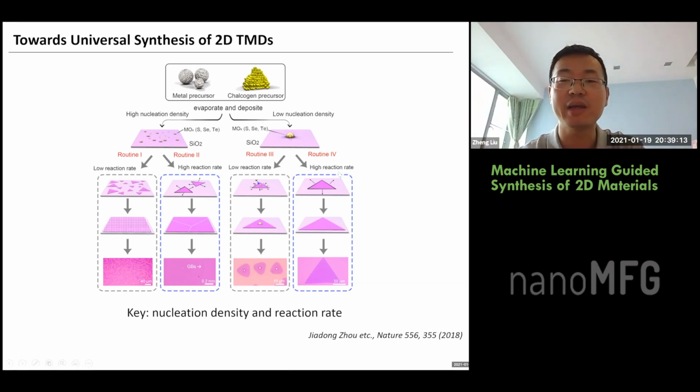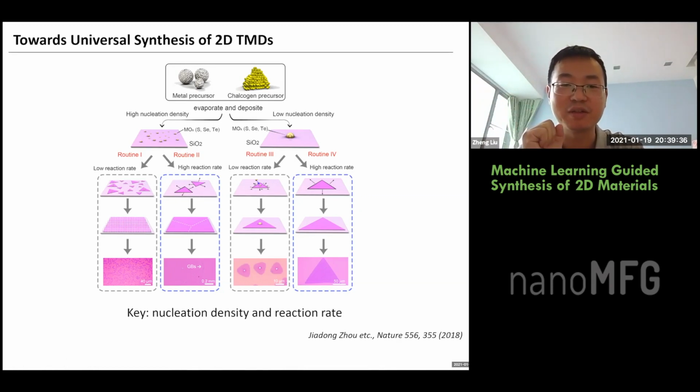And with a high reaction rate, we can have a really large scale of the materials. So the best combination is what? It's low nucleation density, but with a really high reaction rate,